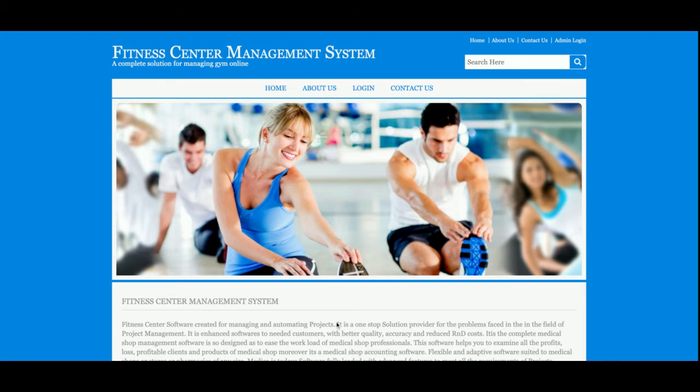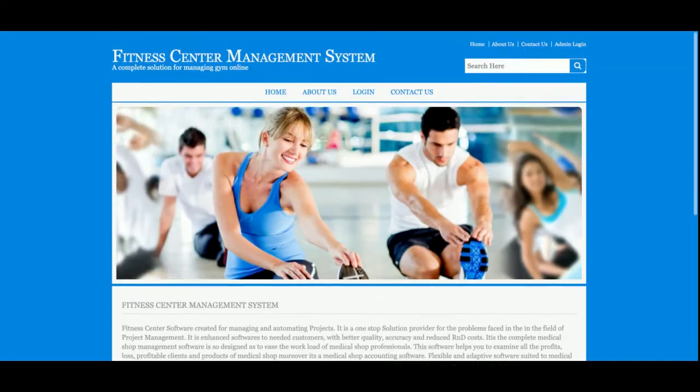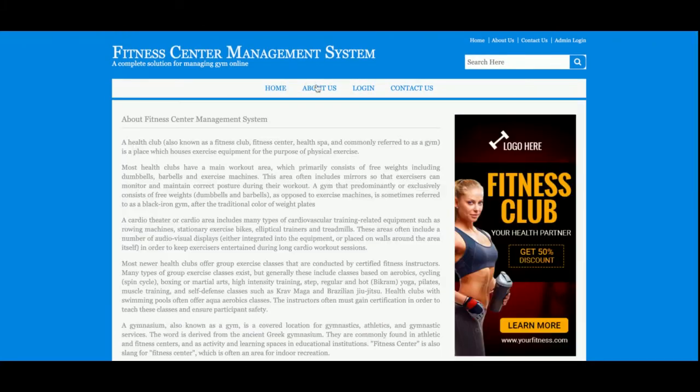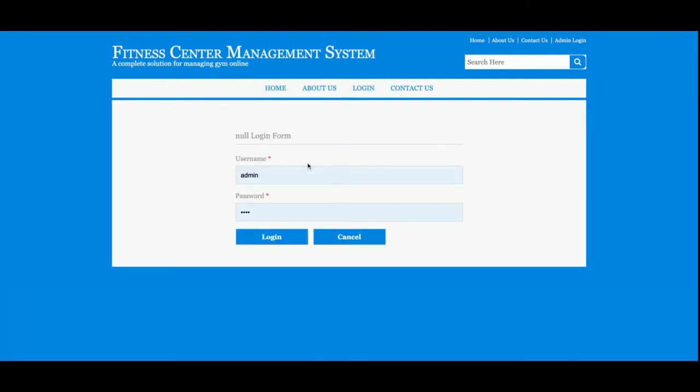Right. So let's start. This is the home page of the project. This is about the project, and if you want to change the content, you can change the content of this page. This is a login page from where admin will be able to log in. Also, this is a mini project because it has only admin login, right? If you don't have the user ID and password, then you will not be able to log into the system.